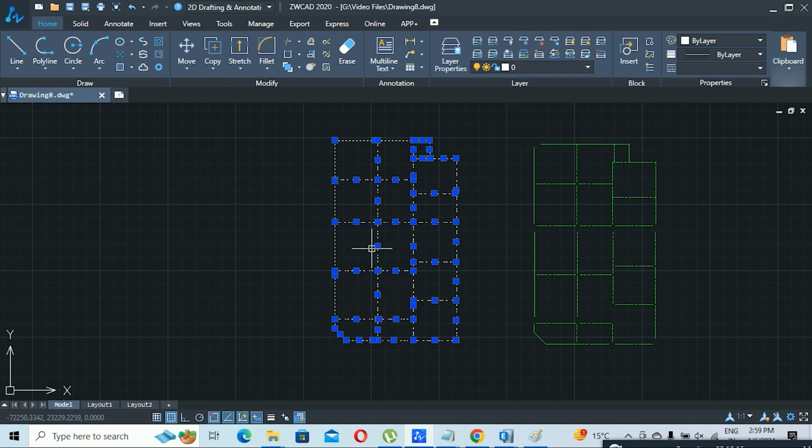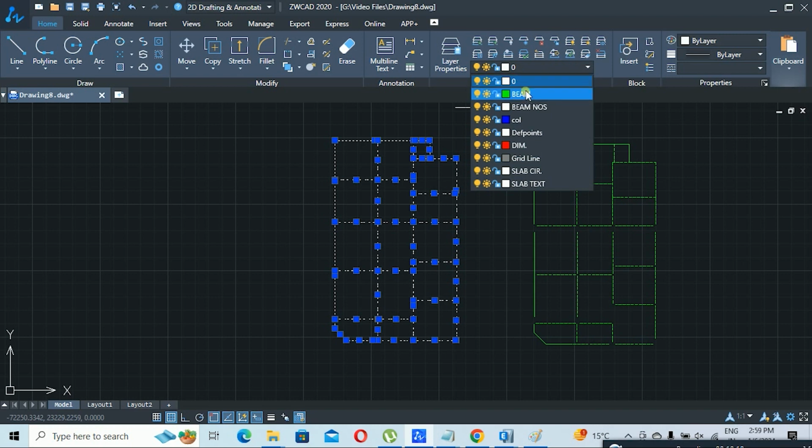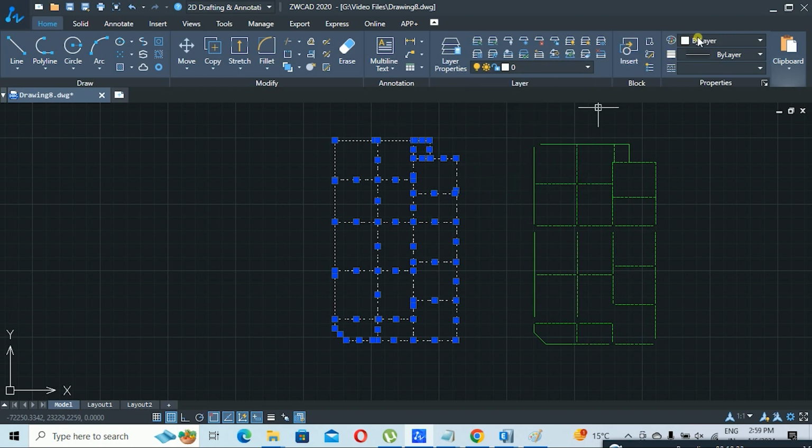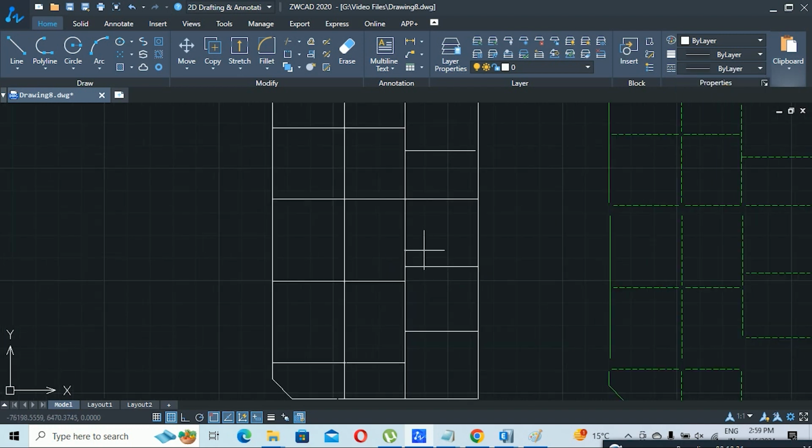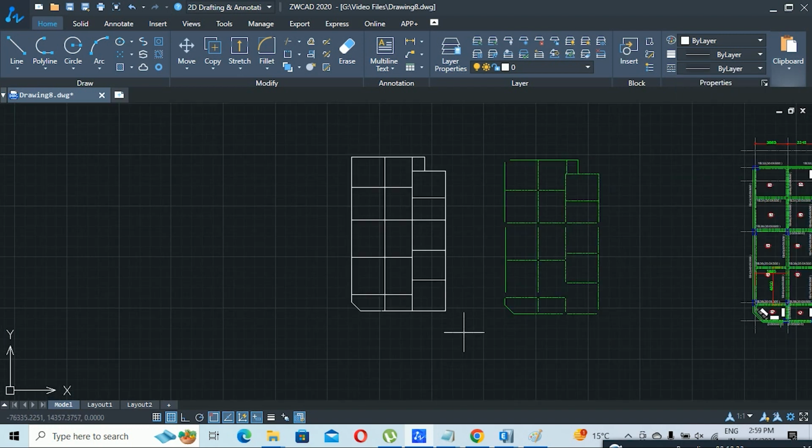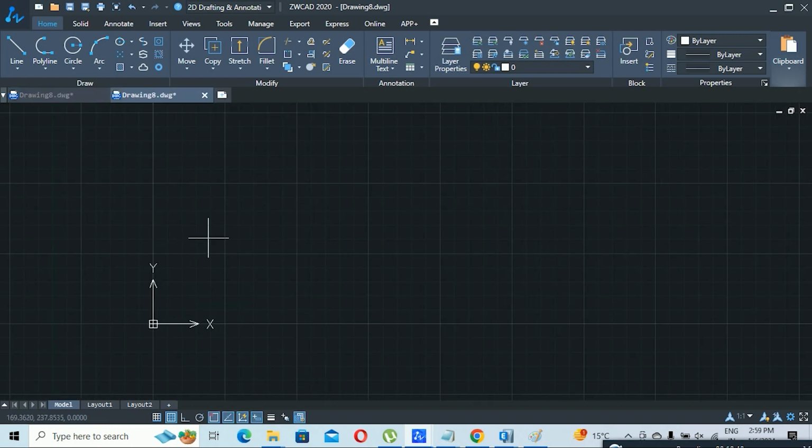But by using the first method, you should note that you can use all layers except this layer. Also, line color should be by layer, line weight should be by layer, and line type should also be by layer. So now we will simply copy, Control C, and paste it into